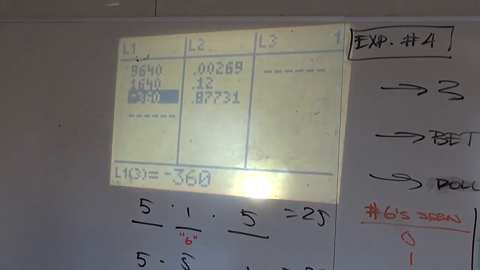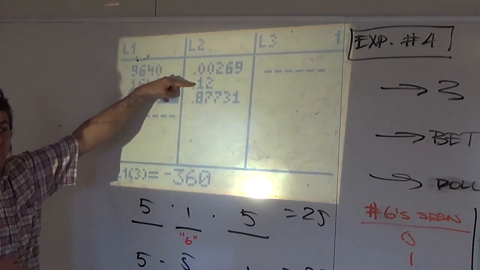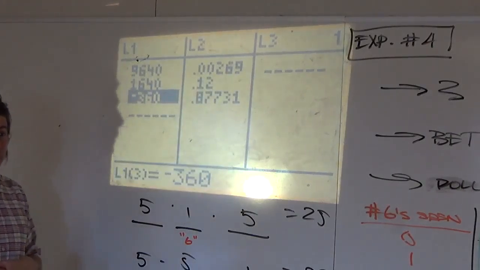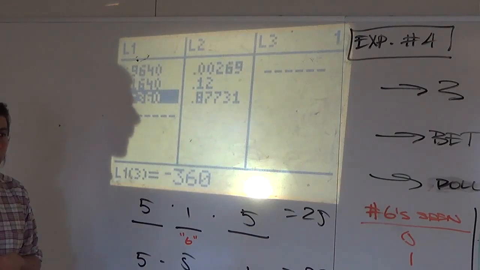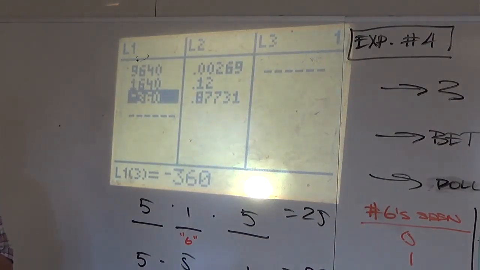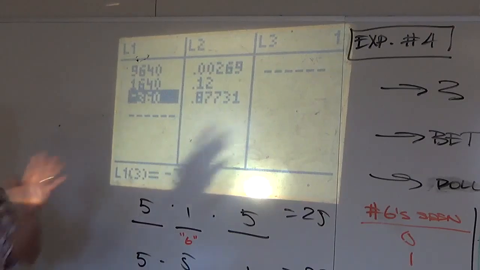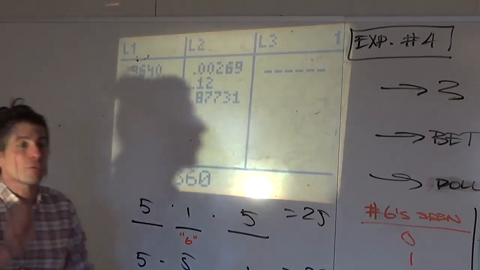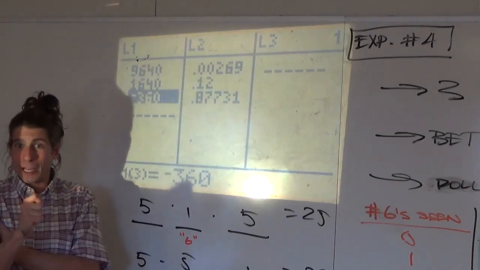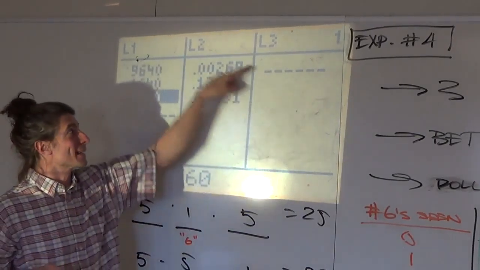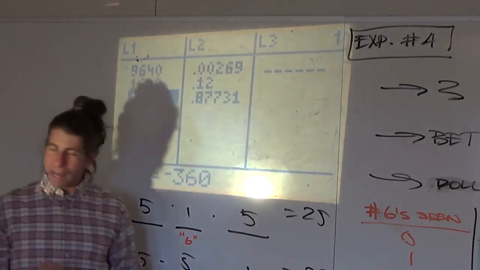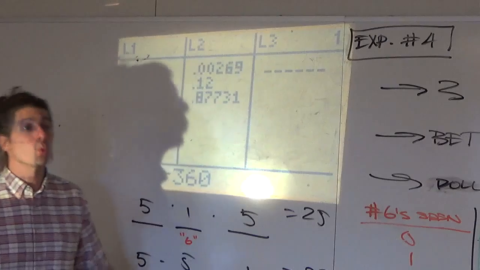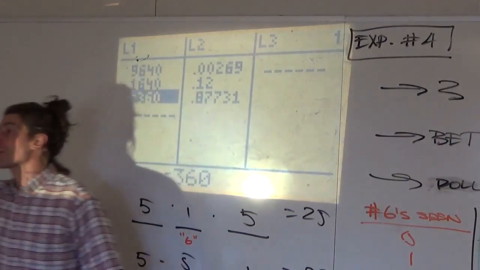Nick, go ahead. That 0.87731, how did you get that? Yeah. This and this together is 12.269%. Whatever's left has to be the last one to get to 100%. But you have to do 1 minus those instead of 100. Oh, yes, and that brings up a good point. Careful with percentage versus decimal. If you do 100 minus these two, you're going to get an inflated value of like 99 and some change. We would have to move the decimal over. Don't, just leave it as a decimal. Do 1 minus that. Thank you for verbalizing that.